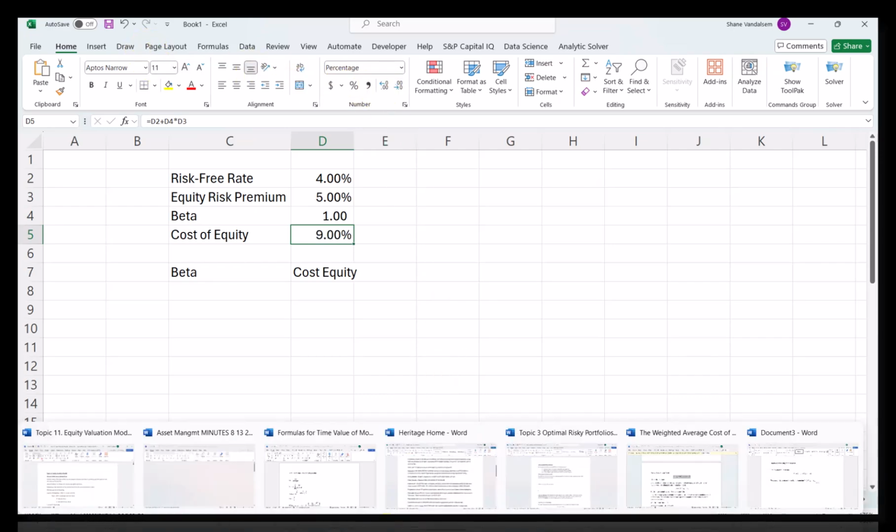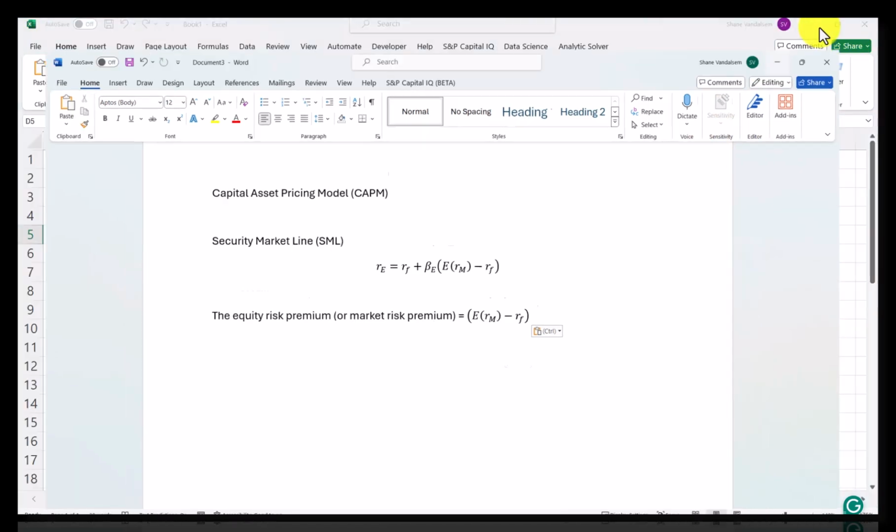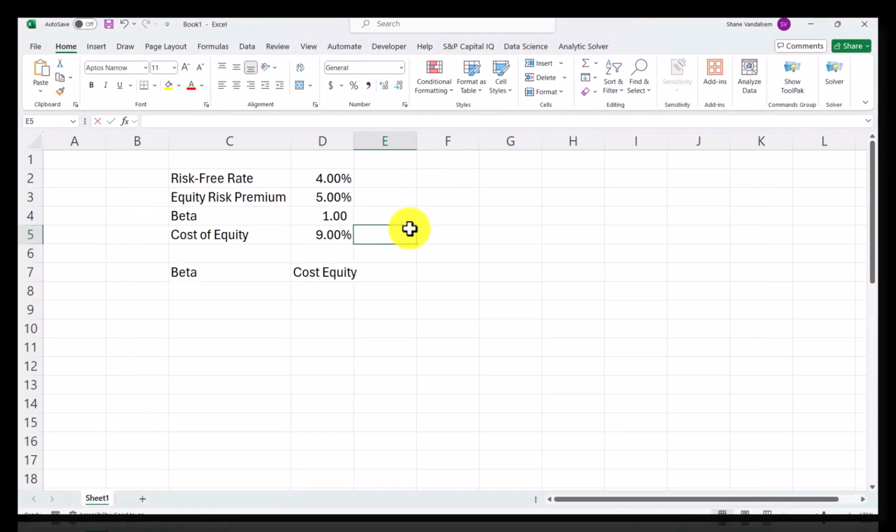And just to remind you, I'm going out to the document here. The security market line says that the cost of equity, R sub E, is equal to the risk-free rate plus the beta for the firm multiplied by the equity risk premium. And that's what I just did in Excel. So you can see that here. That's my equation that's in